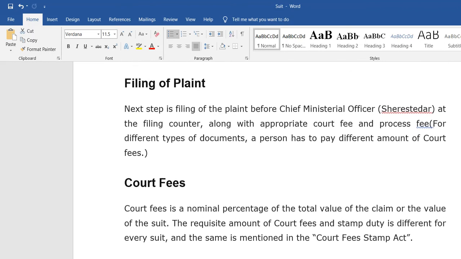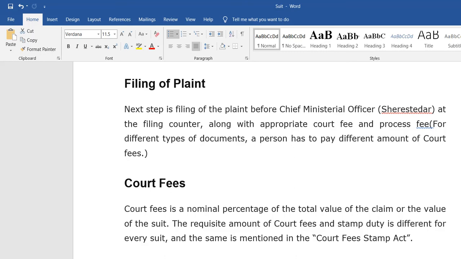So here you can see court fee is a nominal percentage of the total value of the claim or the value of the suit. Suppose I am creating a suit, I am a plaintiff, and my dependent has a problem. So I am creating a suit for the particular property issue. In that case, I need to pay the court fee as a nominal percentage.